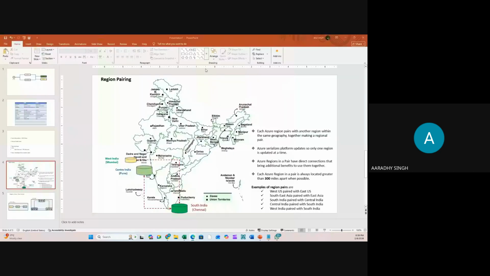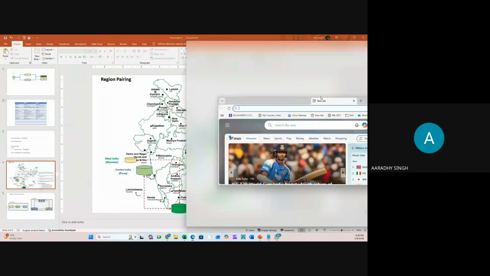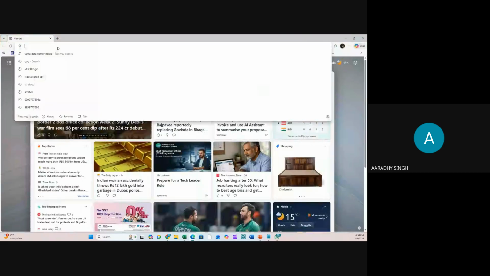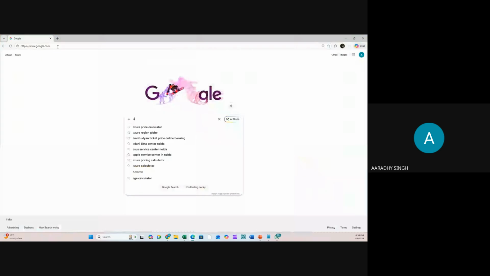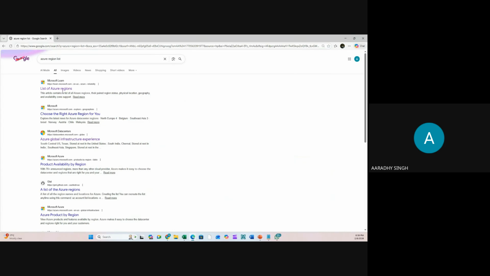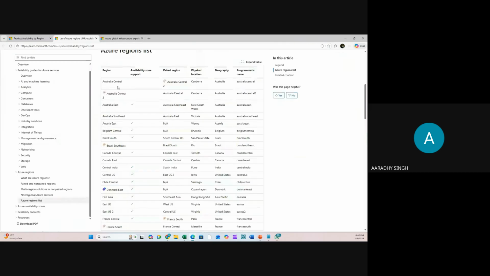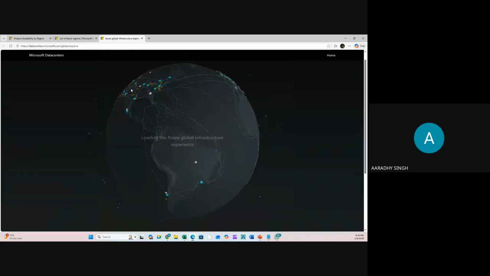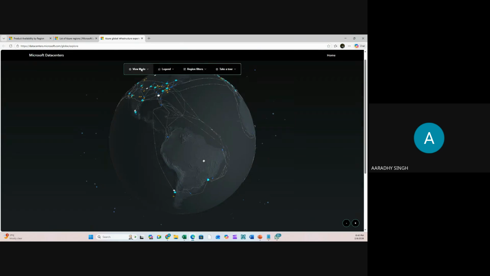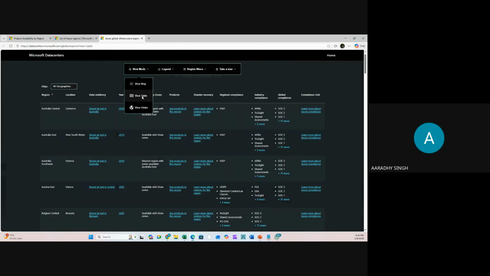Wait for a second. Azure region list. You see here, let me check the European countries. Tabular view.